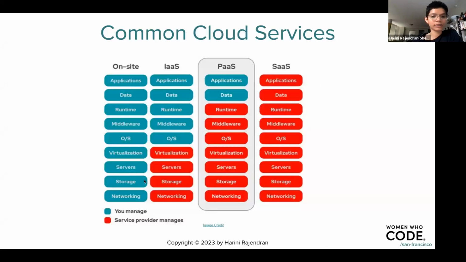Like you purchase the server, storage, you set up networking, you take care of installing the OS, installing the middleware. You are responsible for deploying, updating, managing the application on top, and also the data, right? So you'll have to see, okay, if you lose the data, how do you recover it? How many replicas of data you need, and all of that. So literally like 100%, you have to take care of everything. That's why everything is in green.